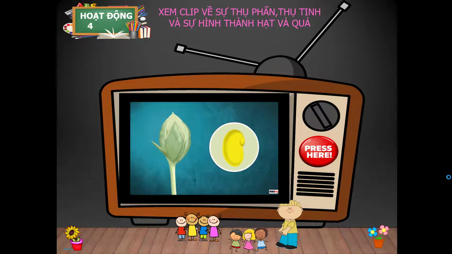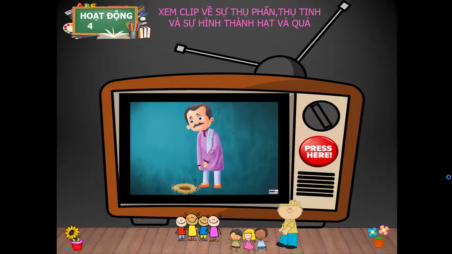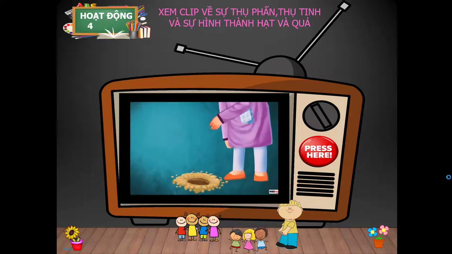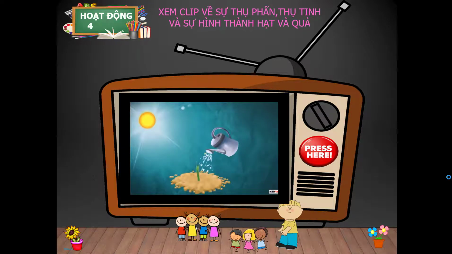So, a seed present inside a fruit contains an embryo, which is actually a baby plant. Each time a seed is planted in soil and provided appropriate conditions, it grows into a seedling, which then